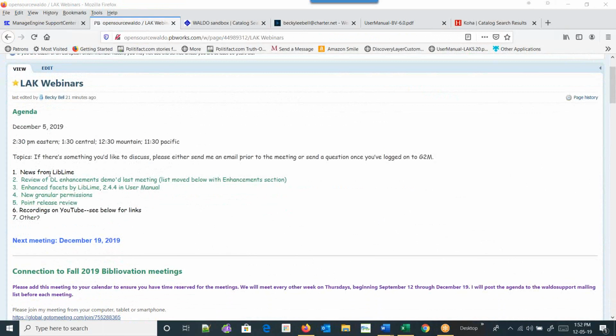Okay, so just to tick these off, news from LibLime: we've done the enhanced facets I've showed you, and I've showed you the results from the discovery layer enhancements that came from the last meeting.